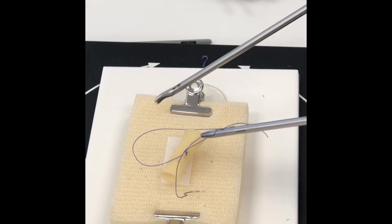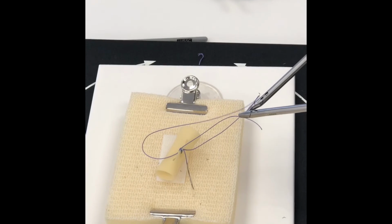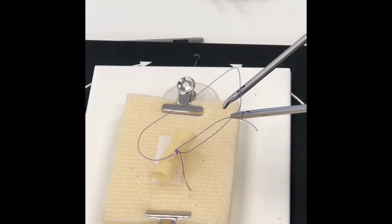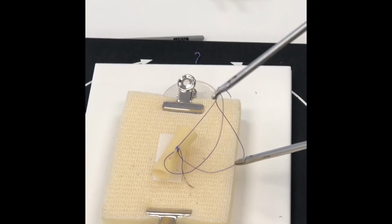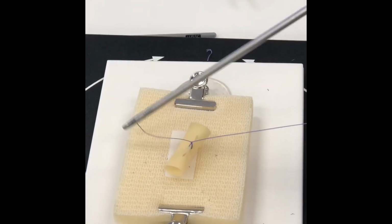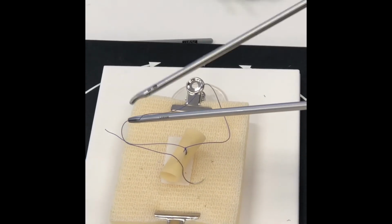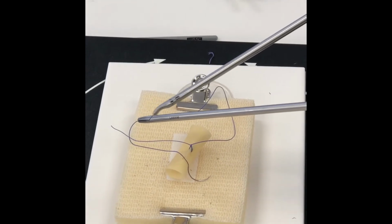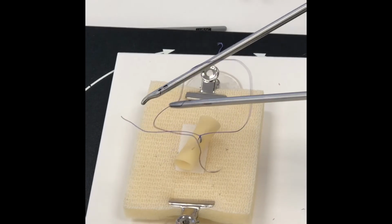It's going to make my little P right there. When I wrap, I want to wrap close to the tail so I don't have to go find it later on. And then I'm going to go under now and grab towards the tip. This time my tail was down, so it's going to go up. Then I'm going to bring my suture towards my tail, and it's going to make the B. See that B? But all I'm focusing on is this angle between the needle driver and my suture, which should be roughly 90 degrees. And then I'm going to wrap over, grab my tail,